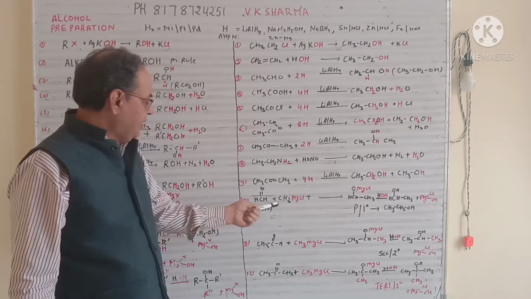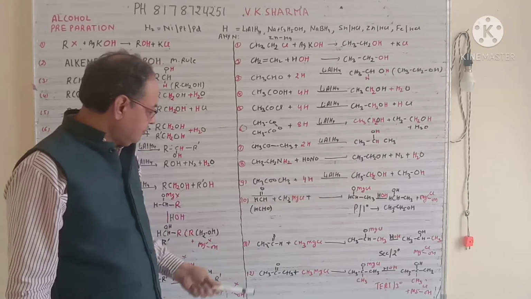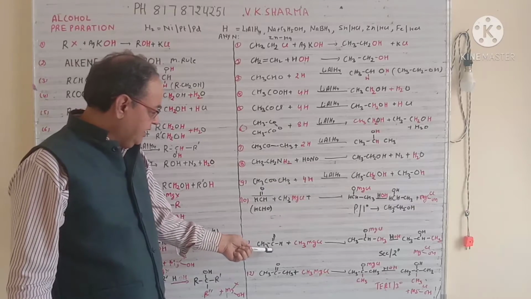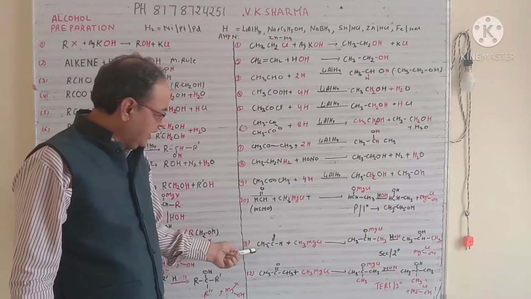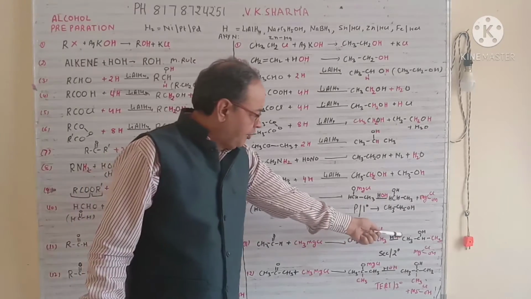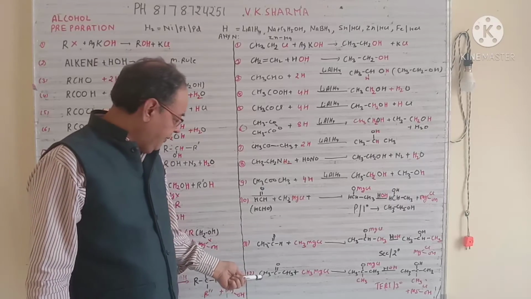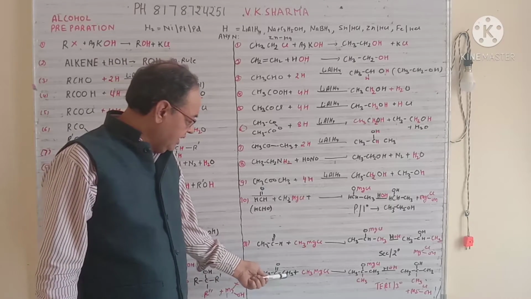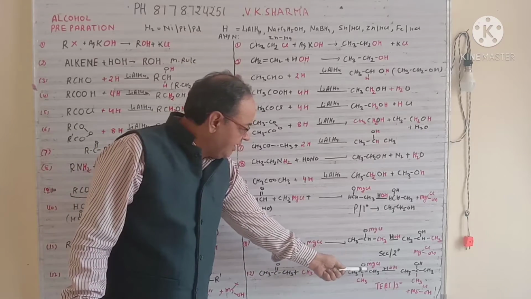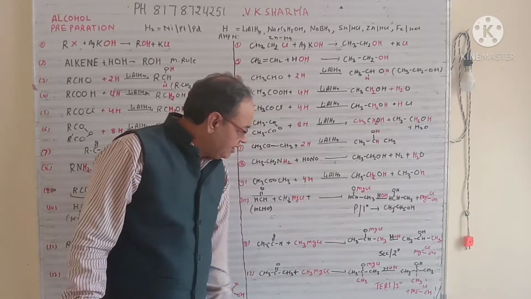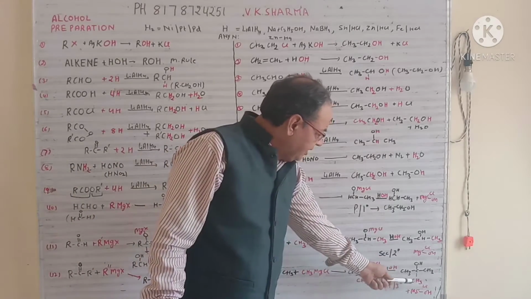So CH3CHO plus RMgX, since total carbons are 2, will give you ethyl alcohol. Same way, CH3 C double bond O H plus CH3, so total carbon is 3, so that will give you 2 propanol. Same way, you have a ketone, so a ketone will give you a tertiary alcohol. So CH3 C double bond O CH3 plus CH3MgCl. So O will be received by the Mg and R will be received by the carbon group. So ultimately, this will give you 2 methyl 2 propanol.